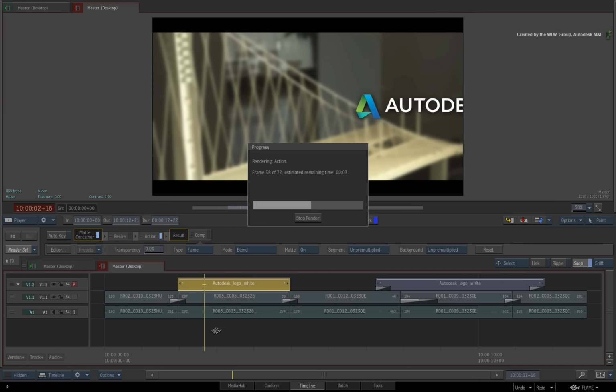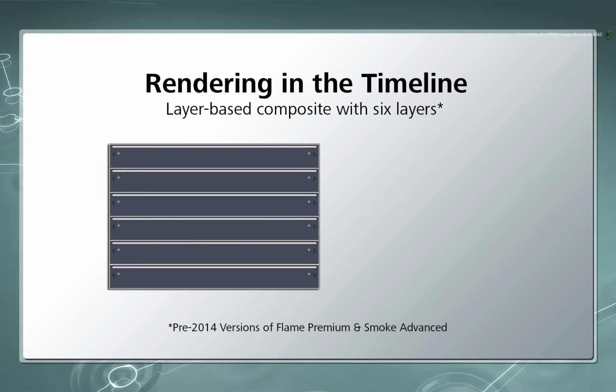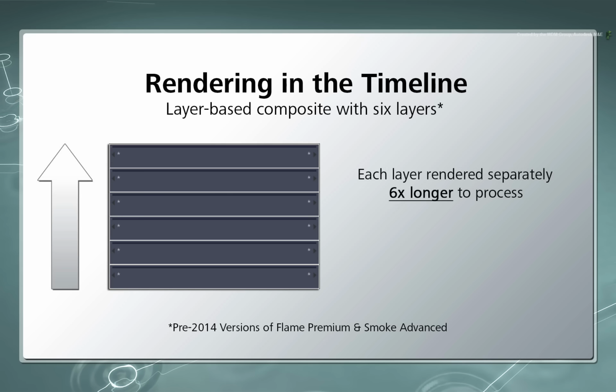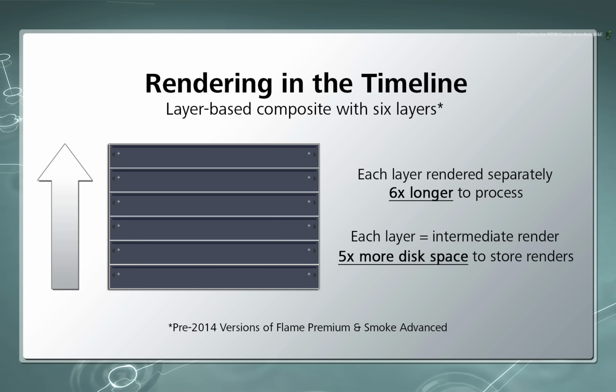However, with Reactor 2.0 in the timeline, the rendering approach has changed. In previous versions of Flame Premium and Smoke Advanced, if you had multiple layers in the timeline, the render engine had to render all the layers from the bottom up. So for example, layer 1 through 5 had to be fully rendered before layer 6 could be rendered. This meant that the same section of timeline had to be rendered 6 times over to get a final result. This took more time to render, as well as using 5 times more disk space than really required for the